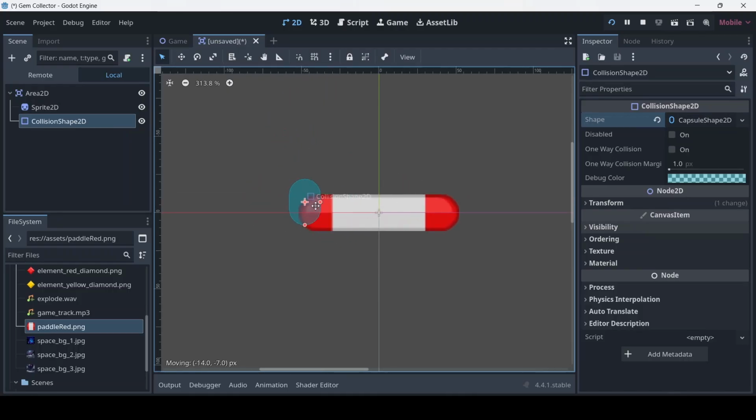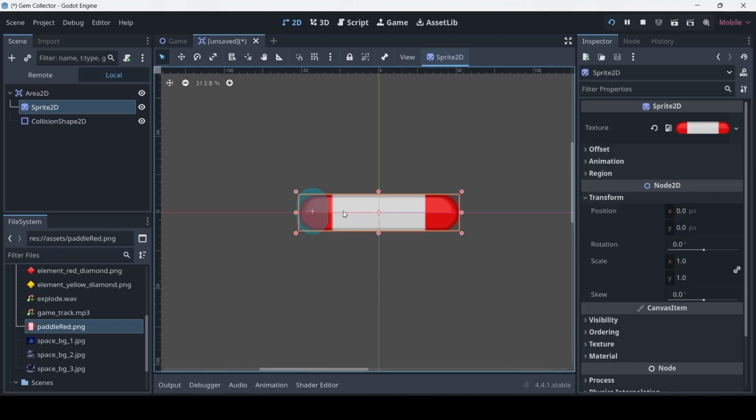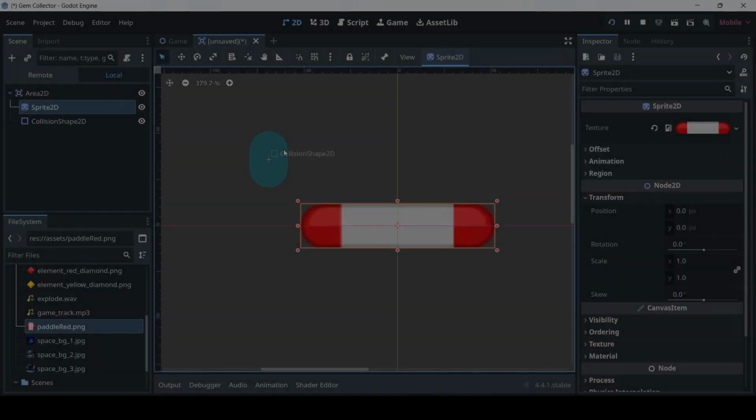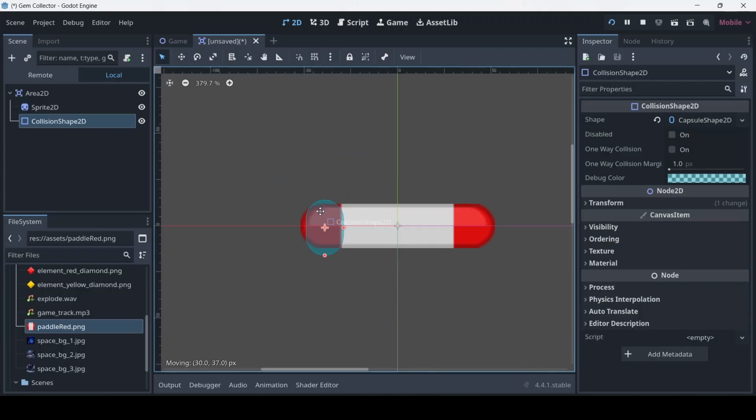Select this capsule shape, and we are going to put this in the sprite 2D body. All right. To do that, we are going to fit that here. You might try this one, but it is going like this one. It's a bit weird. So to fix that,